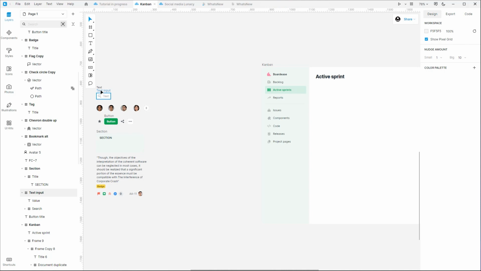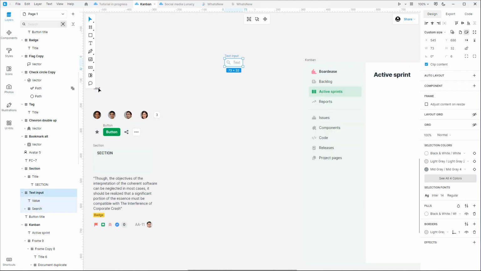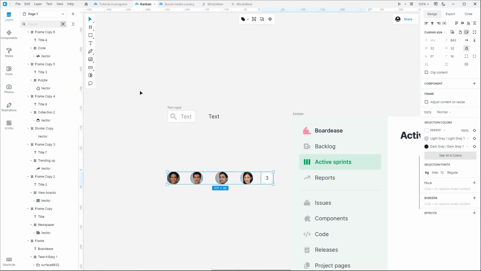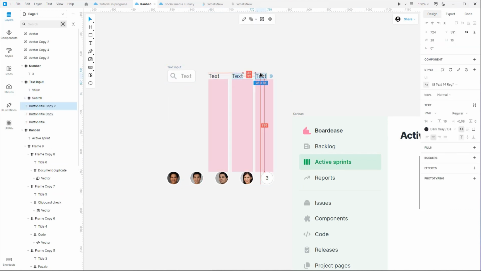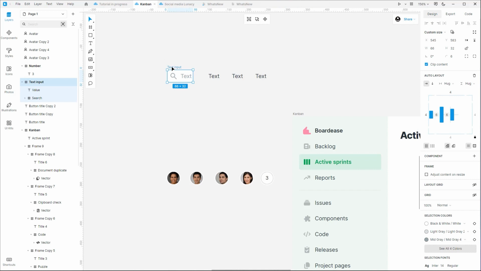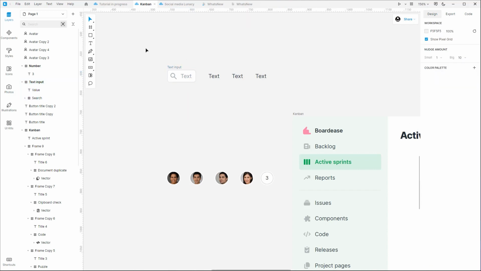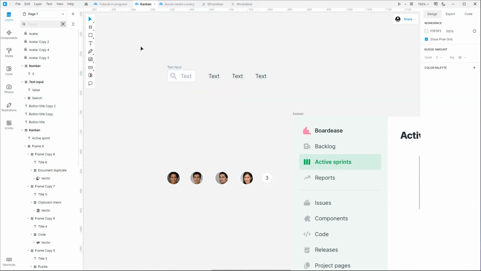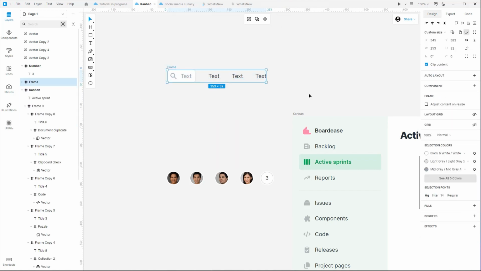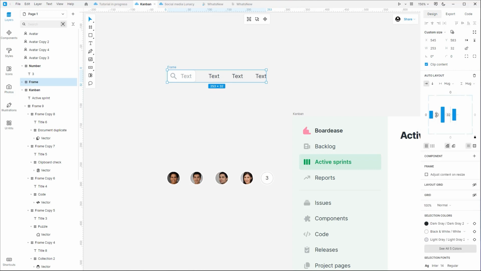Next up, a search field and filtering options. I have some pre-made elements that I will move here. With all of them selected, I'll frame them, enable auto layout with Shift-A, and set the spacing to 24 pixels.